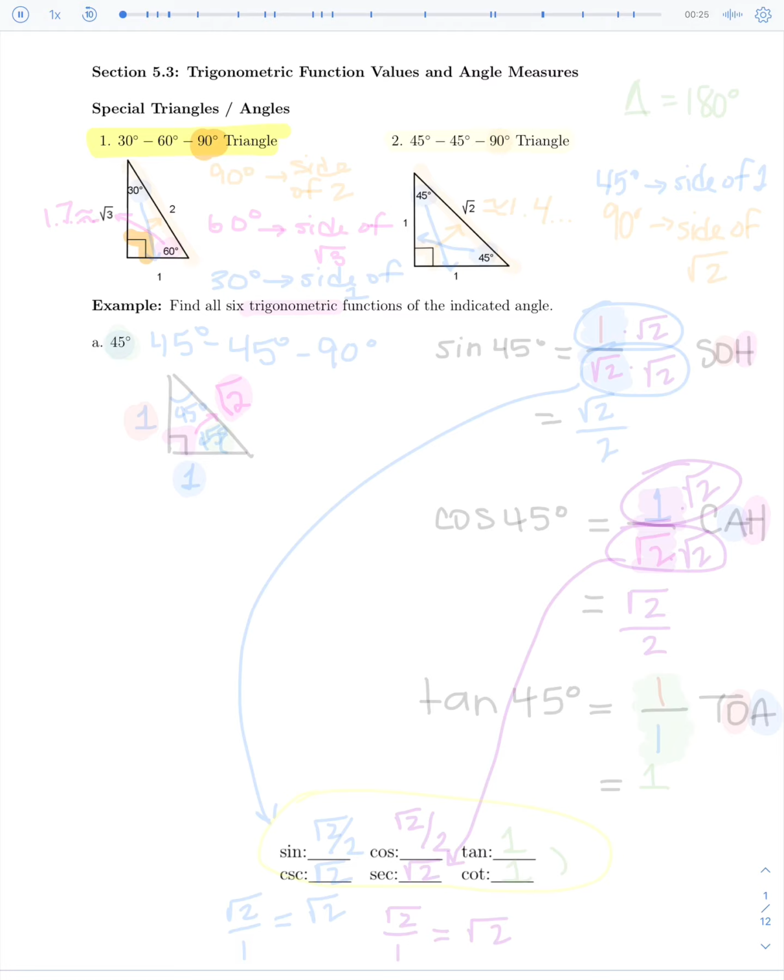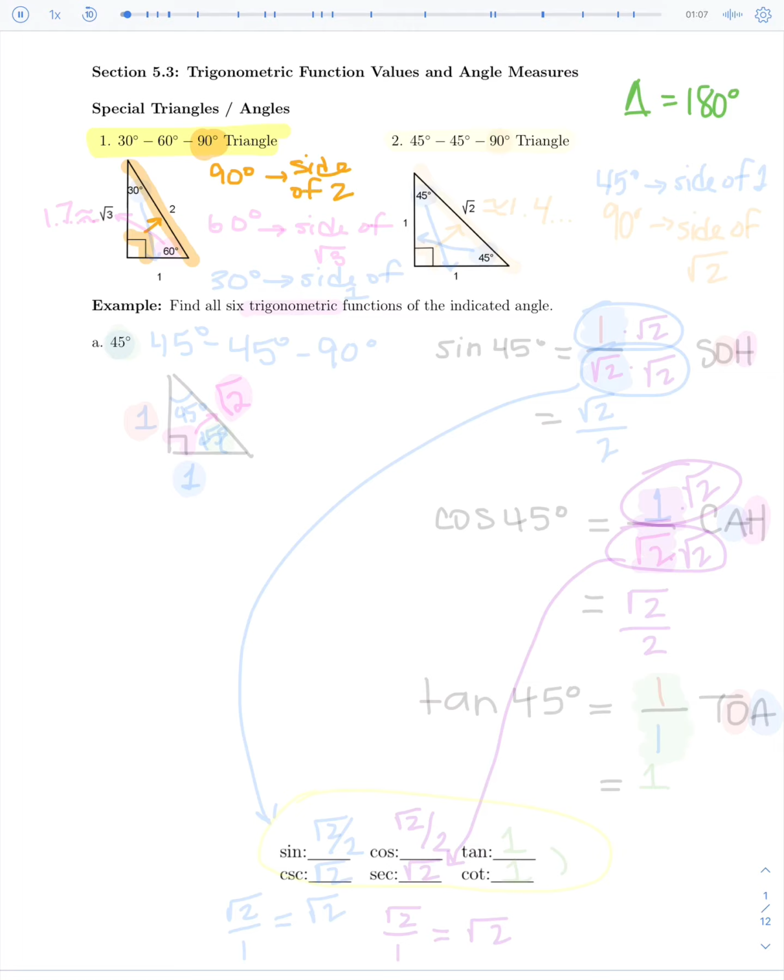And then we've got a 30-degree angle and a 60-degree angle because, remember, all the angles in a triangle always have to add up to 180 degrees. Now, another thing is our longest or biggest angle should match up with the longest side of our triangle. We'll notice that the longest side of our triangle is side 2, so it should be opposite of the largest angle, which is the 90-degree angle. So the 90-degree angle matches up with the largest side, which is the side that has a value of 2,